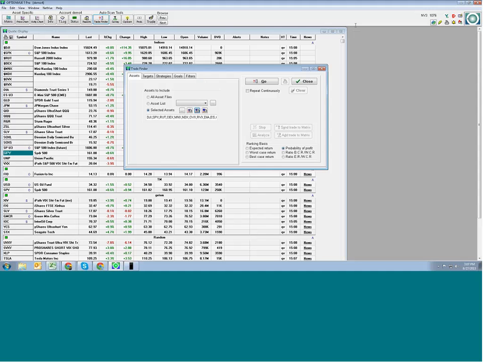I got a couple questions up here. One of the questions is, how can you tell which symbols have weekly options? We don't have a particular list per se that will let you know what has weeklies, but if you go into